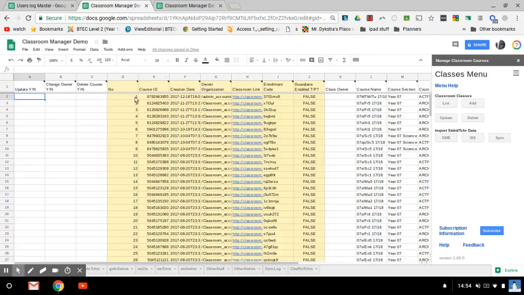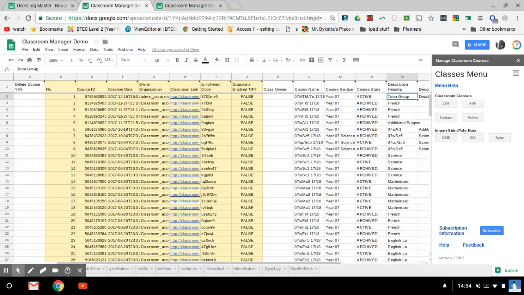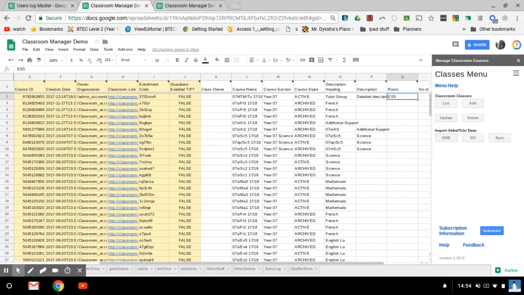But the number is just a sequence number for this. The course ID is what Google uses. It shows you the creation date, the owner's organisation within the domain, link to the classroom, an enrolment code, whether Guardians are enabled or not, course name, course section, the course state, description heading, description, and the room. If I want to change any of these things,